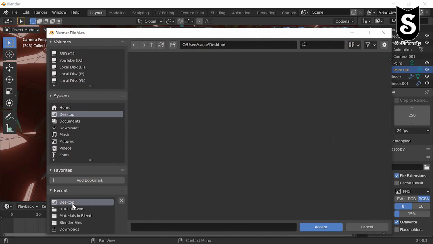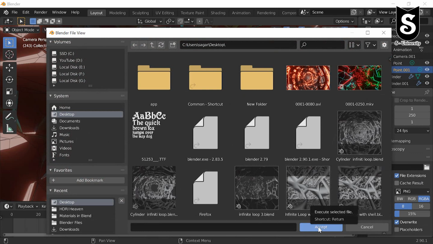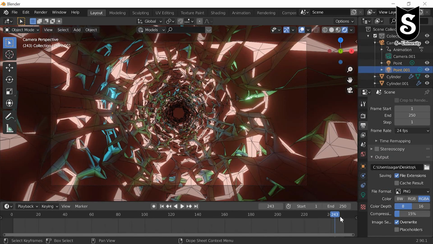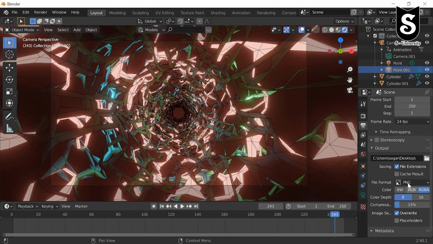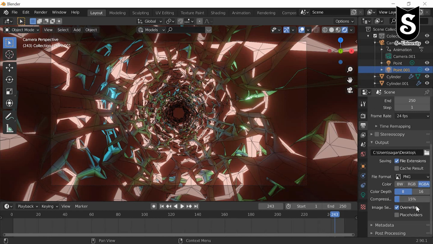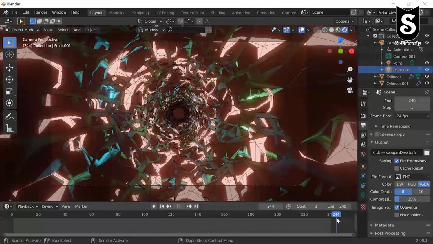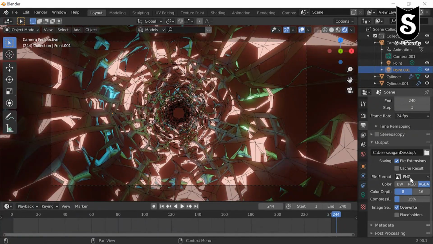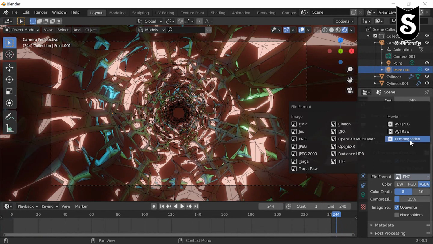We are going to add it on the desktop. We will make the size 240. Now change the output format from PNG to FFmpeg video.